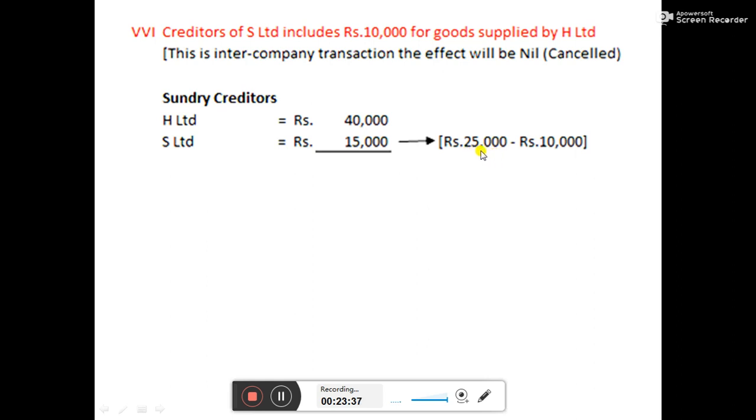But out of this 25,000, 10,000 is an intercompany transaction, that is, they are supposed to pay to their parent company, the holding company. So whenever something within the group is there, it needs to be set off and nullified. That is the reason 25,000 minus 10,000 is deducted, 15,000 is shown, and the total is 55,000. This 55,000 will be coming in notes to accounts,